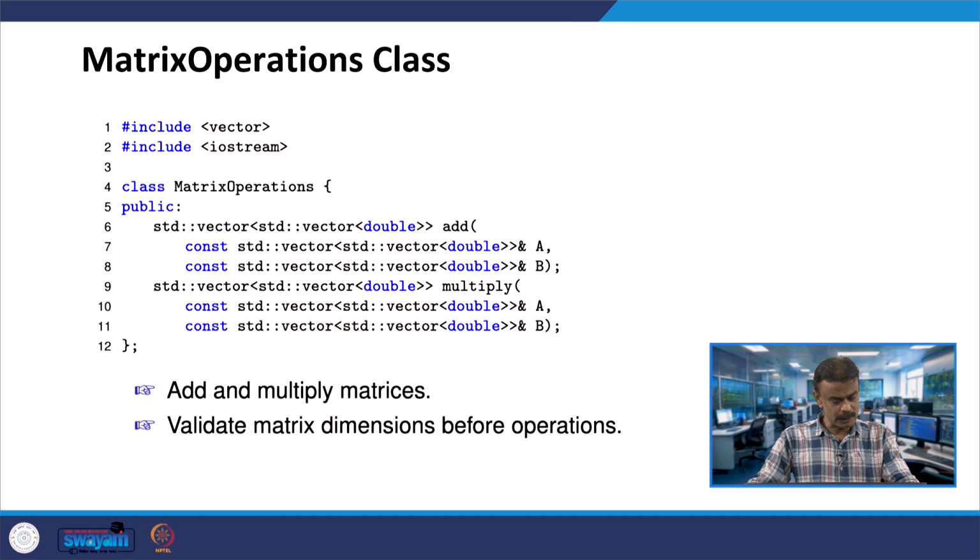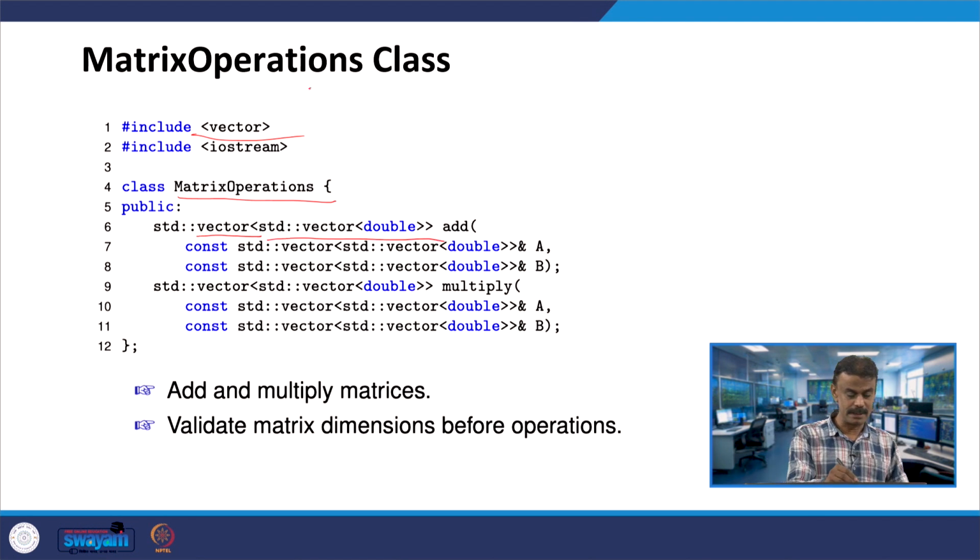From the object oriented programming code point of view, I will start with the matrix operations class. I will discuss it, and then finally we are going to run the program. Here, the first application: I am including vector along with iostream. Here you have the class matrix operations. I use vector of vector. What do you mean by vector of vector? A matrix, a 2-dimensional array. So, here the usage of vector of double.